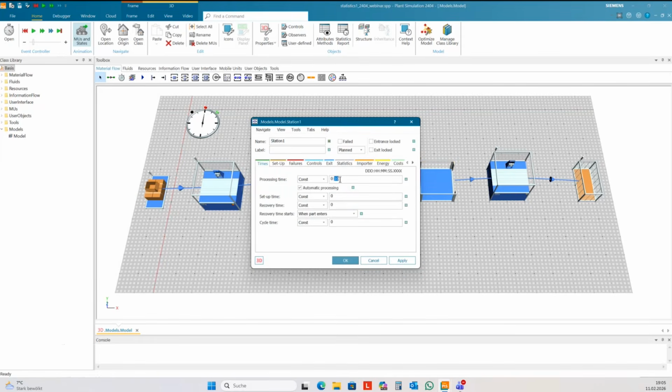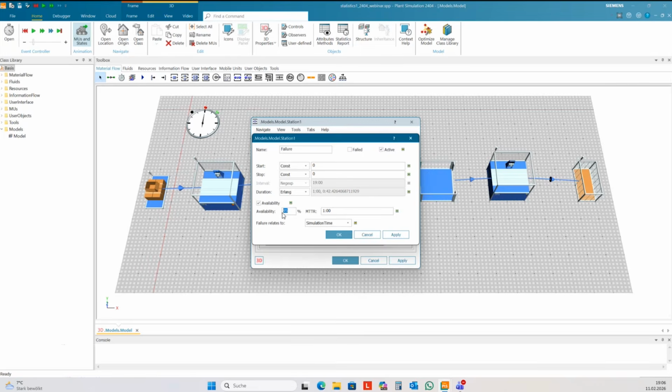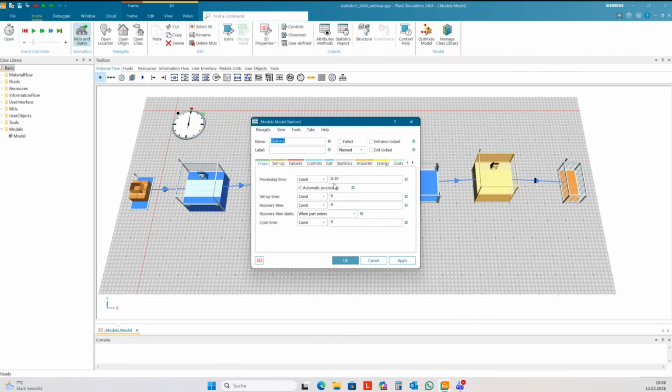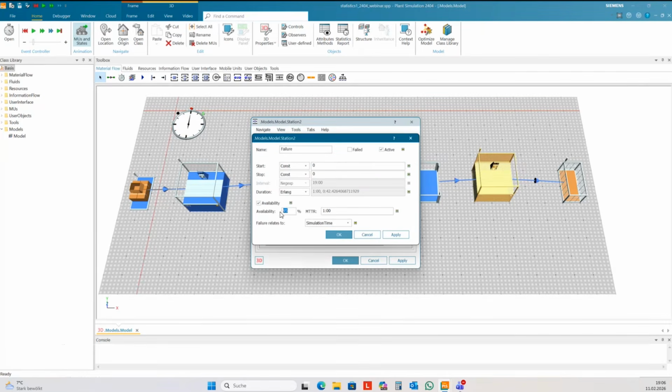The second station has a processing time of 45 seconds, with failures at 75% availability and 5 minutes MTTR. The third station also has a 45-second processing time, with failures at 75% availability and 1 hour MTTR.